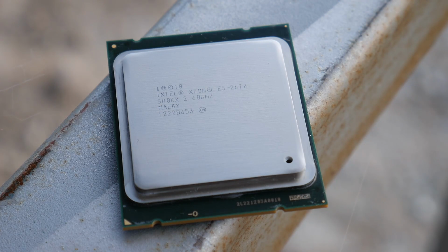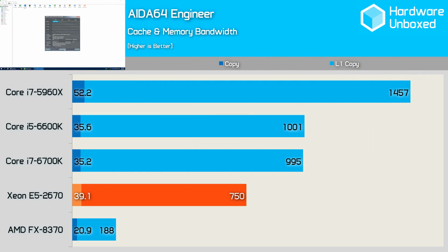Obviously an 8-core processor is going to crush the Pentium G4400, but what about the much more expensive Core i5-6600K and i7-6700K processors? Let's go to the benchmark lab and find out. The memory bandwidth performance of the E5-2670 is greater than that of the Core i7-6700K and Core i5-6600K processors at 39GB per second. The R1 cache performance, however, is quite a bit slower, as the Xeon processor is based on